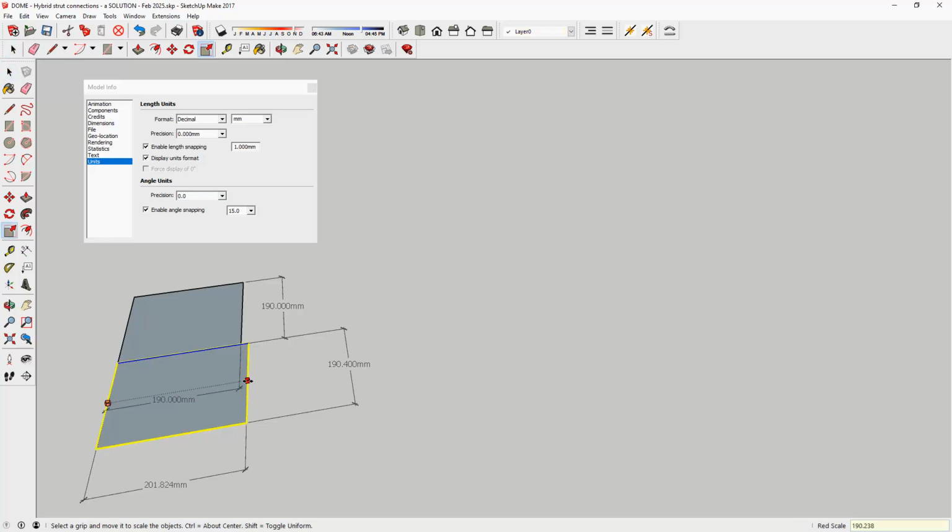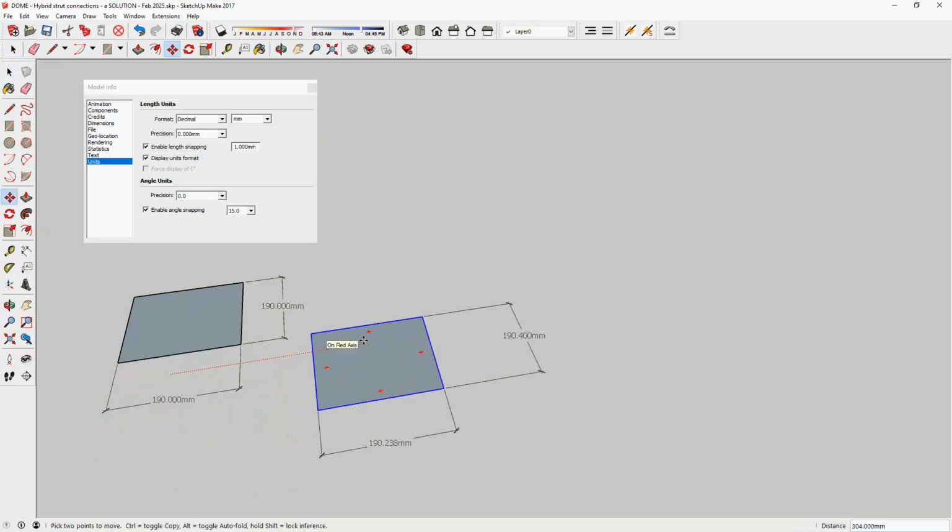190.038 millimeters. 190.238. What did I type in? I wasn't even looking. Doesn't matter. Oh, it's the scaling. Don't worry about that. So I move this, and somewhere in my drawing, when I am looking at the